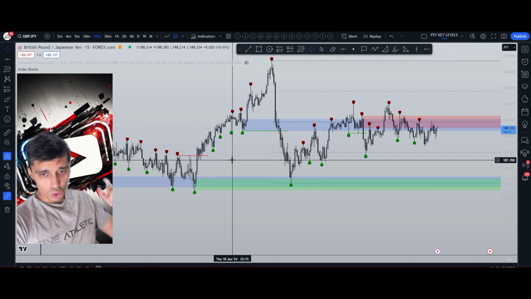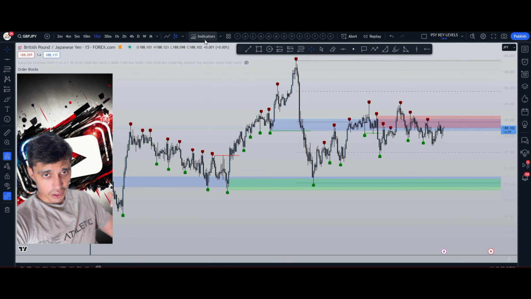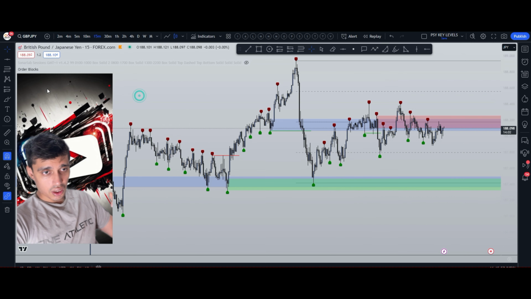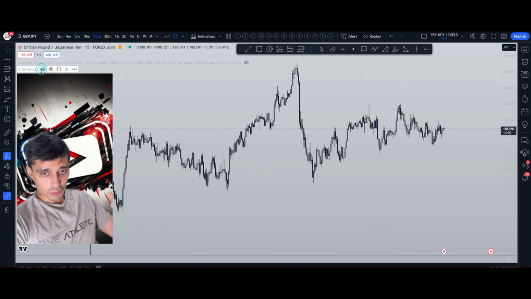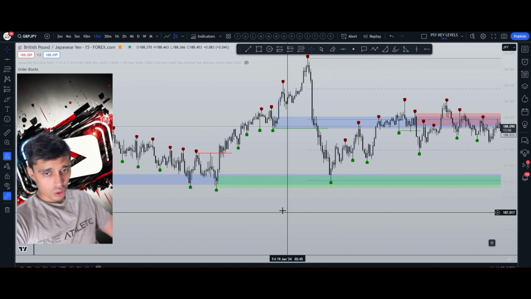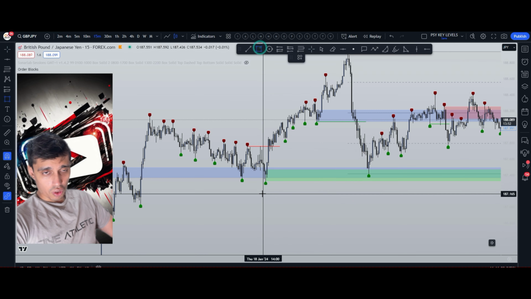So there's two ways to go about it guys. One is you can use indicators. If you just click on the indicator tab here, just type in order blocks and it'll bring up one of these. If I just remove it, the manual way of drawing this would be, an order block guys is basically,